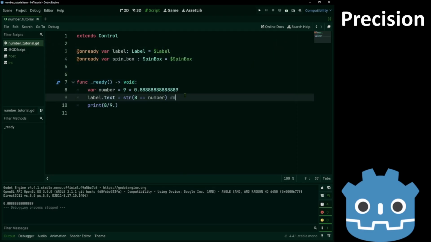Instead, we were comparing 8 with the next float we could use. Despite the small difference, the numbers are not equal.